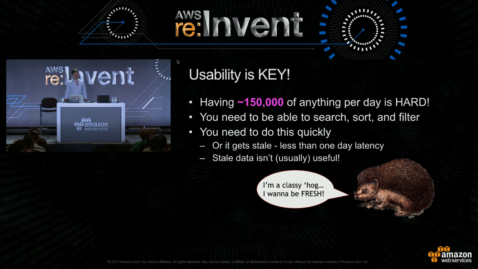otherwise it gets stale. If you notice that graph that I showed you earlier and you say, holy crap, my website is 20% slower than it's supposed to be, then you need to fix that yesterday, or at least right now, because you're bleeding performance and probably bleeding traffic, and your customers are getting upset with you because the page is slow. So Darius wants to be fresh and have fresh data, and you should too. And so I'll talk to you about our initial approach on how to do this, which is Amazon's Elastic MapReduce,